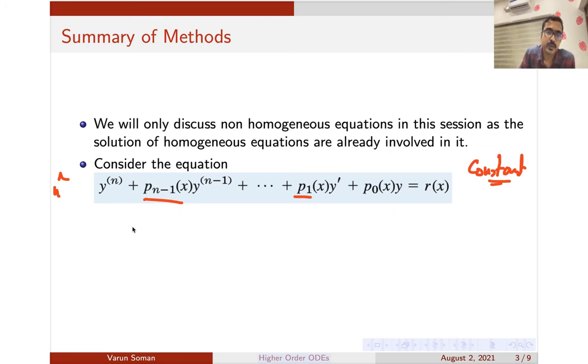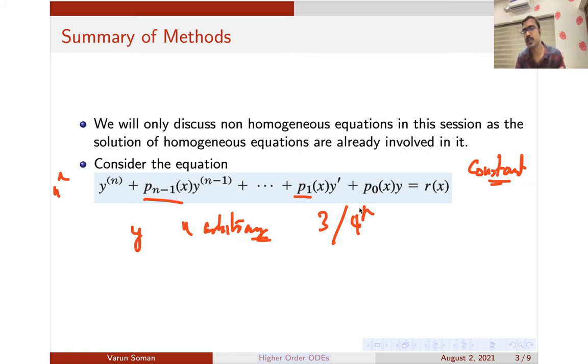So you have to find the general solution of this. You have to find a value of y which satisfies this, the general solution. It will contain n arbitrary constants. Usually you will deal with only third order or fourth order. More than that they will not ask. Maximum they will ask only third order.